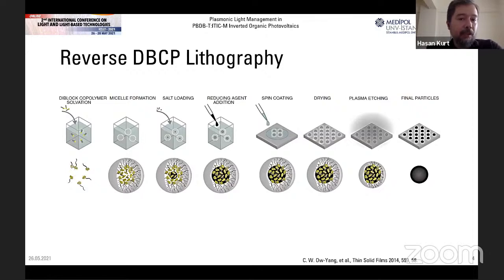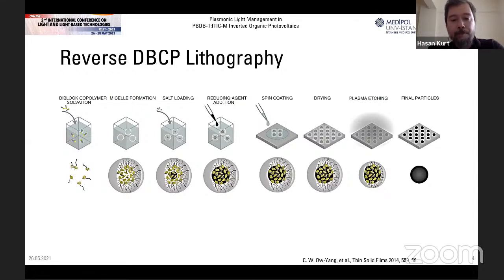So in order to make this, we need some plasmonic nanostructures, and in order to effectively produce them in large scale and deposit them in an ordered manner, we use reverse diblock copolymer micelle lithography. It uses a block copolymer consisting of a polystyrene block and a P2VP, two vinyl pyridine block. And one of them is more apolar than the other one. So in a toluene solvent, they are going to form micelles, and we can load these micelles using metal salts like